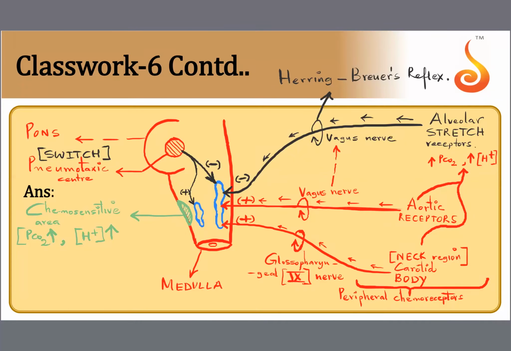So whenever they detect a high PCO2 level and a high level of H plus ion, they are sending alarm signals to the dorsal respiratory group. They are asking the dorsal respiratory group to start firing. See, plus sign I'm showing here. They will excite the neurons of the dorsal respiratory group. They're telling the dorsal respiratory group that we have detected very high CO2 and very high H plus in the blood. So it is your job to initiate, to bring forth greater inspiration.